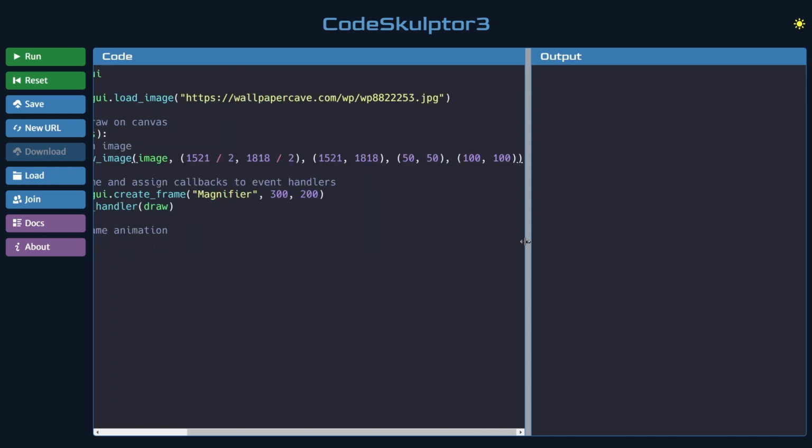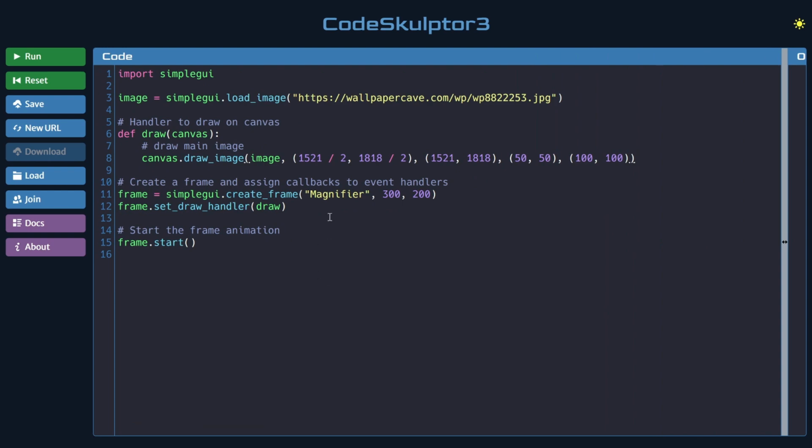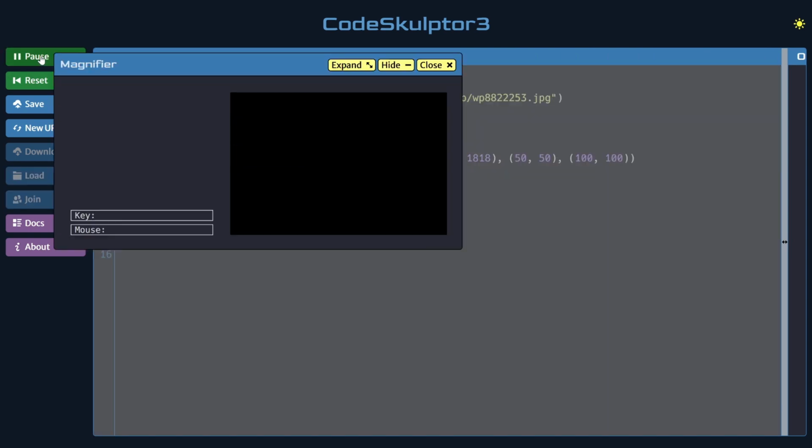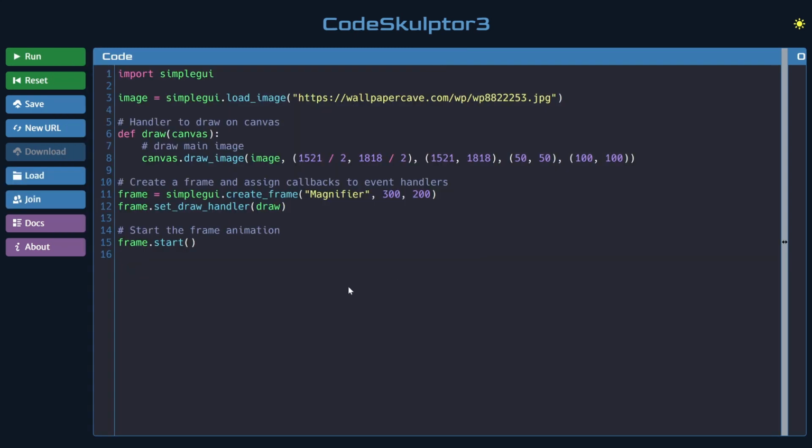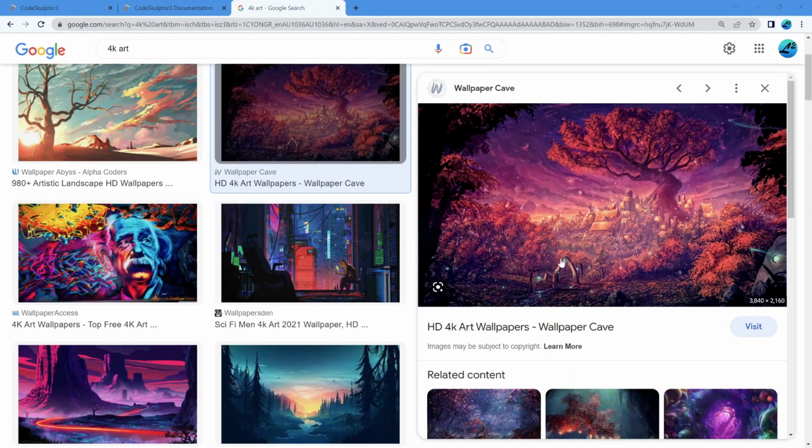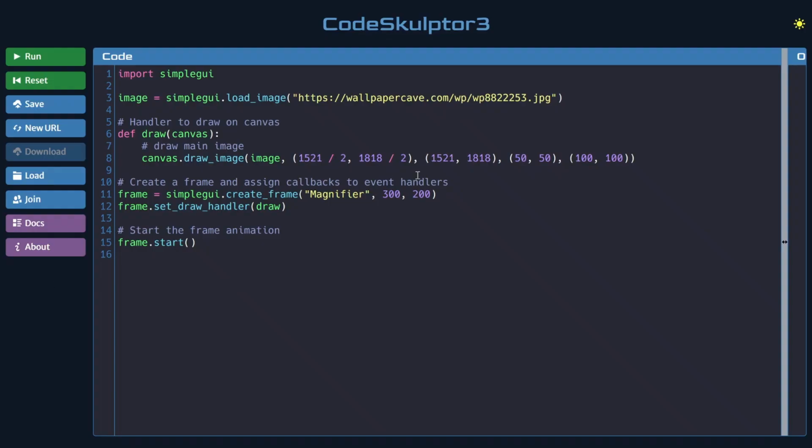So if I paste this in, let's run that and see what happens. You can see it has drawn the image, but it's come up just in the corner here because the numbers that we have in our case are not really correct. So if you'll remember, in the Google search results, in the bottom right here, it tells you the resolution of your image. So 3840 and 2160. So I can draw here, the second one of these along is how wide the original image is. So if I put in 3840 and 2160,